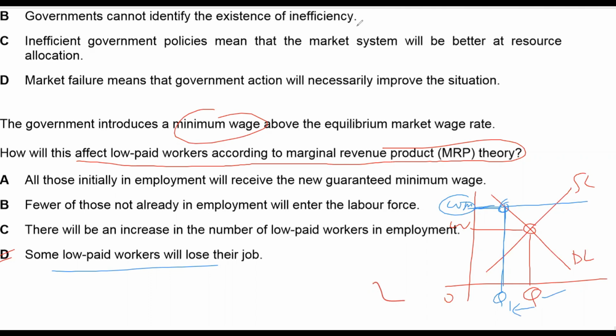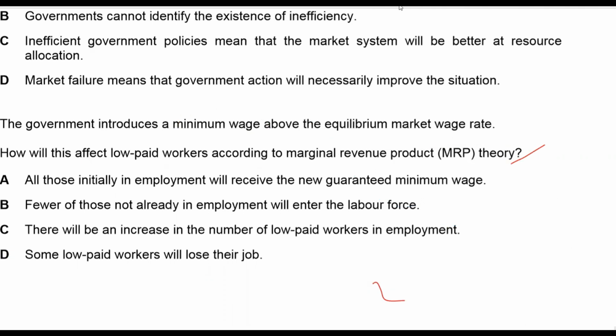You might be confused with the concept of minimum wage. Minimum wage rate is always set above equilibrium because minimum wage means minimum wage limit. Government says that employers should pay more than this, but they cannot pay less than this amount of money. So minimum wage rate is always above equilibrium to support workers.